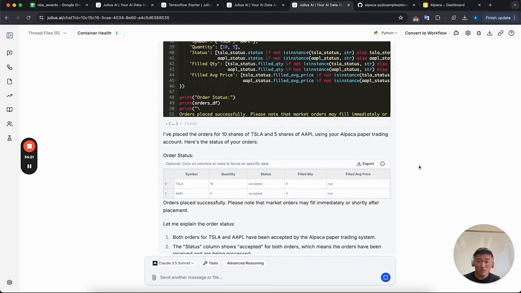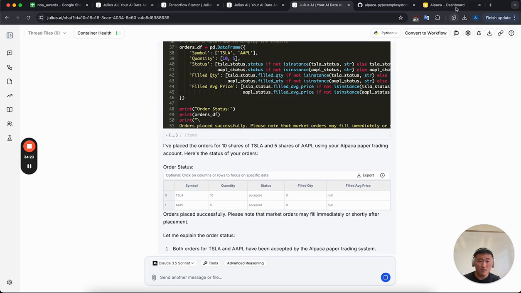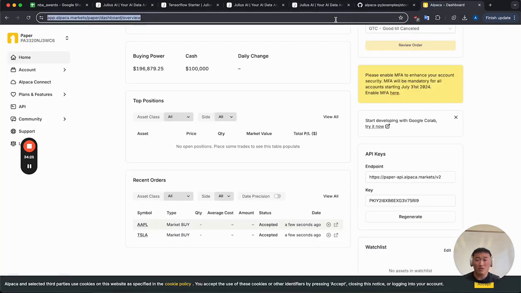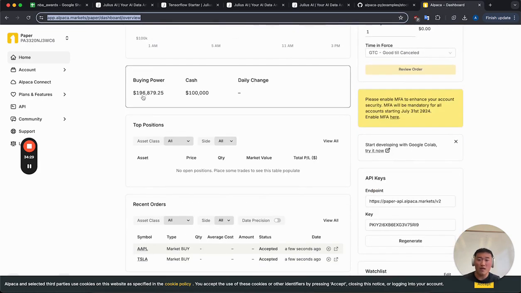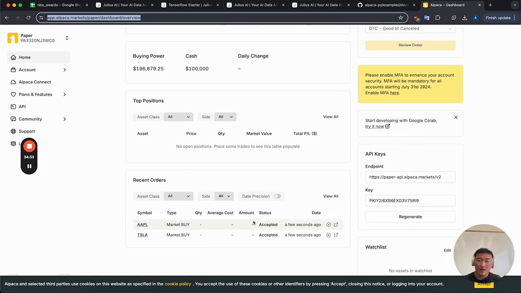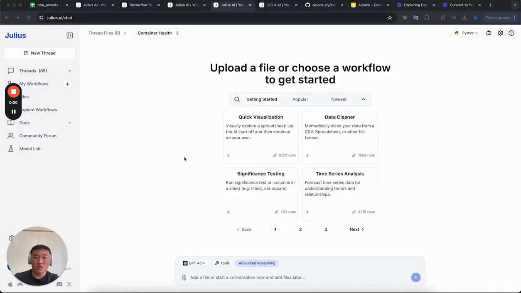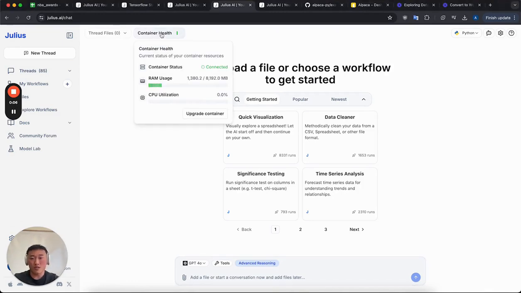Cool. Okay. Looks like the status. Is it going to reflect in my dashboard? Oh, yeah, it reflected right away. So my buying power decreased from 200K to 196K. And yeah, it looks like it sent in some orders. Damn, that's pretty sick. So now I want to show you advanced reasoning and these container health metrics updating in